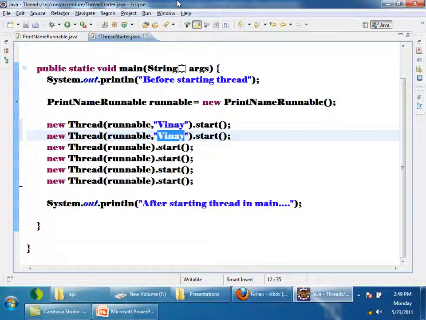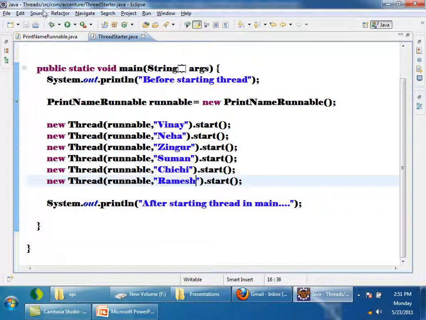Where is that attendance sheet? Annaya? Neha? Varun is over. Jin?